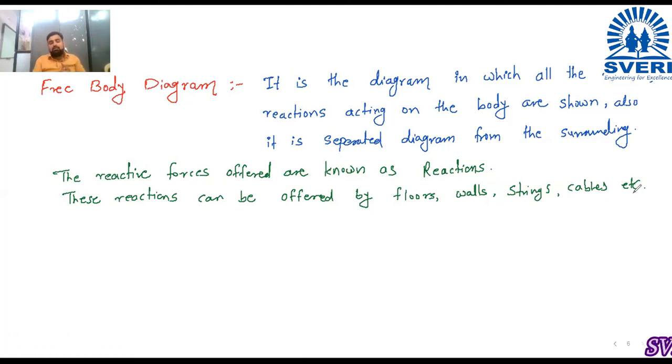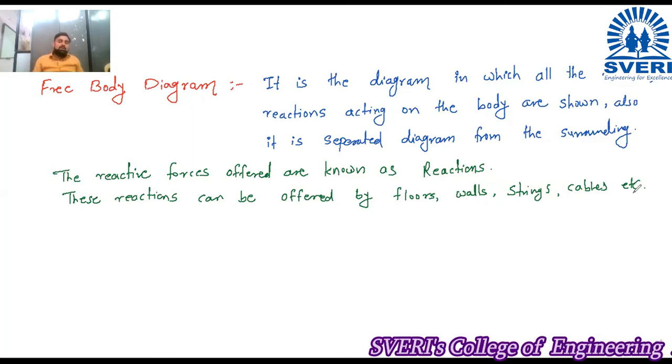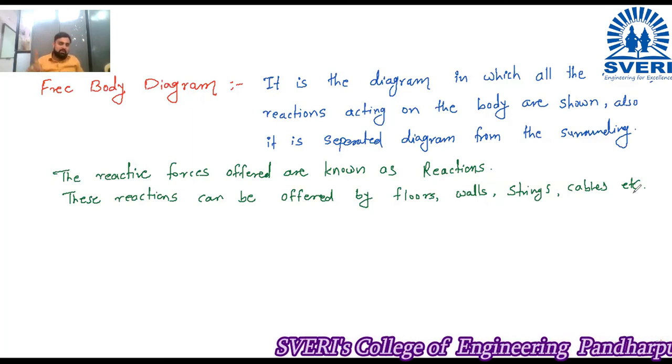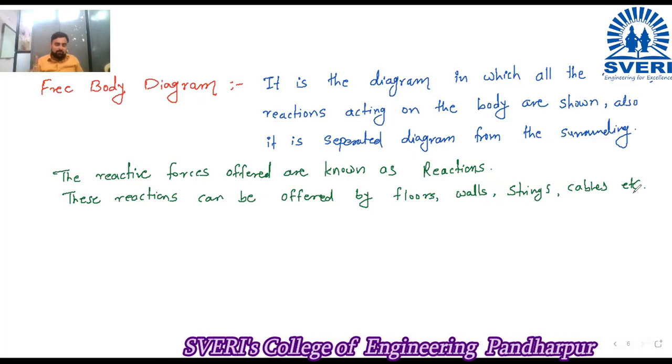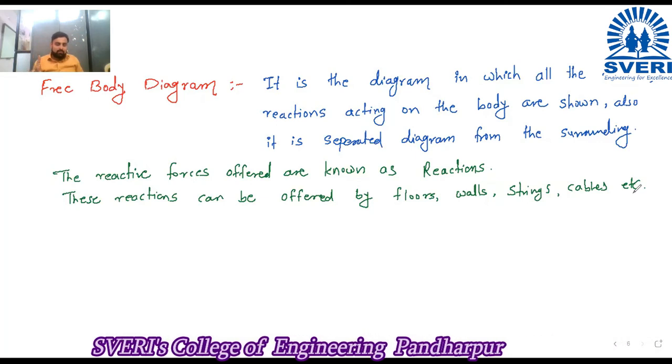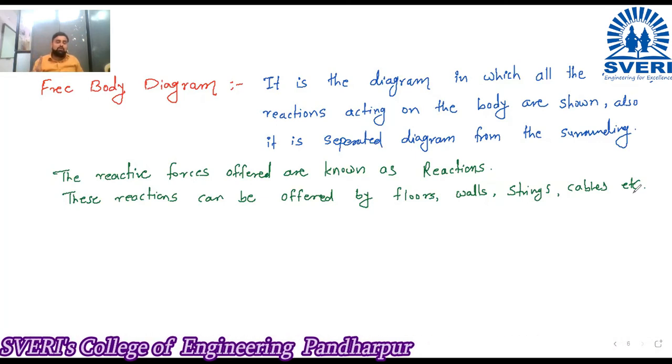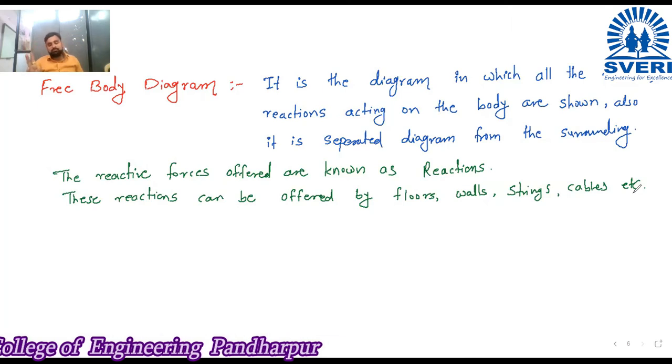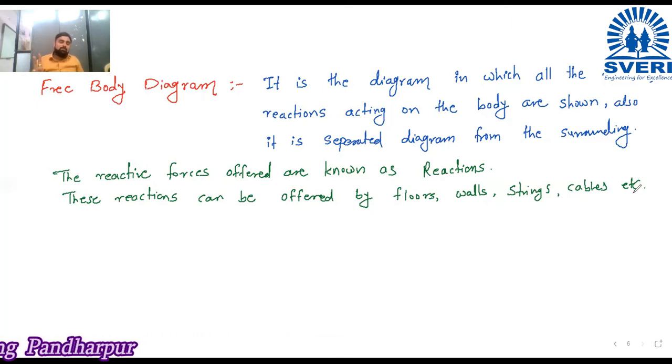In the next lecture, we will take the example on this equilibrium by using the equations of equilibrium. Let me know what are the equations of equilibrium. First equation is summation of x equals to 0. Correct. Second equation, summation of y is equal to 0. Correct.